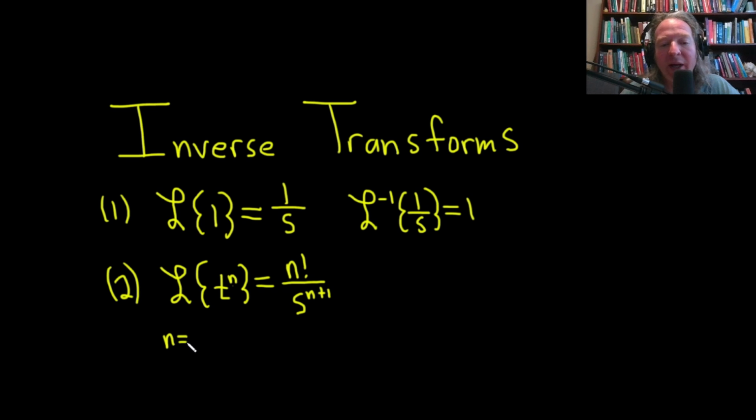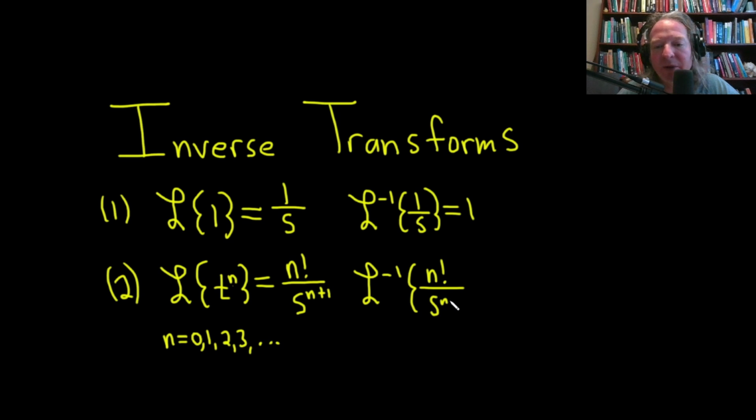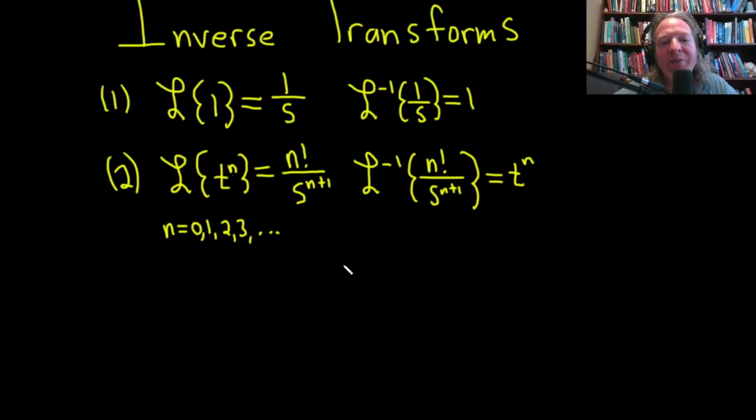So I'm going to go ahead and extend what's usually found in textbooks, or rather just include something that's omitted. It's valid for n equals 0, 1, 2, 3, etc. Actually, let me just go ahead and write the 2 there for clarity. So 2, 3, there we go. A little more clear. So as far as inverses, this means that the inverse Laplace of n factorial over s to the n plus 1 is equal to t to the n. And I really think it's instructive to go through this on your own and recreate these. Just write down the familiar formulas that you know for the Laplace transform, and then try to find the inverse